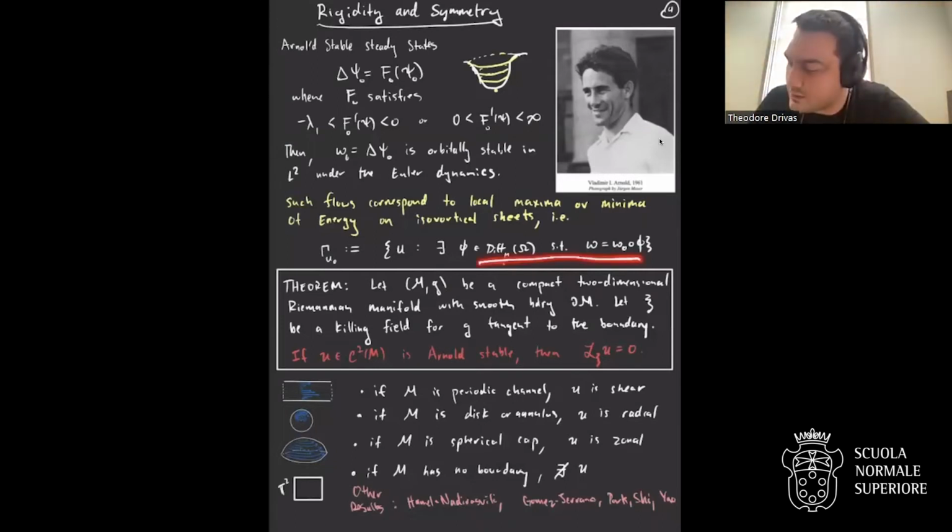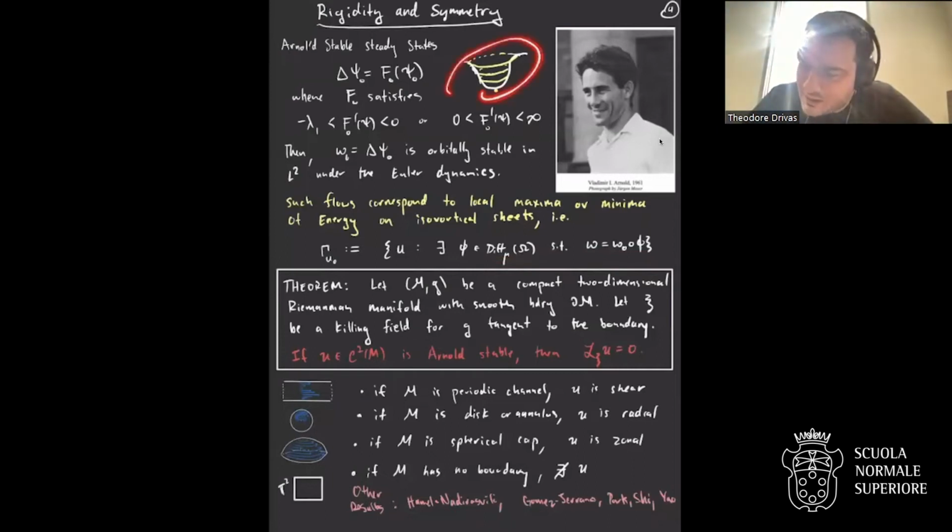So this is the orbit in the group of volume preserving diffeomorphism. The picture is something like this, where you have these sheets cutting energy surfaces, and these guys are maxima or minima. And this imparts some nonlinear stability to these steady states. So you can show Lyapunov stability into the 2D Euler evolution.